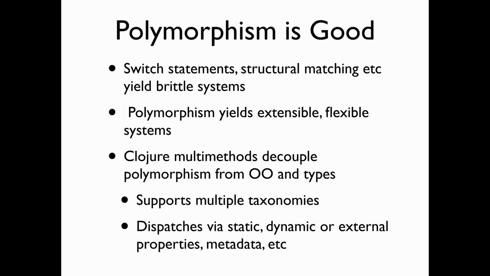Clojure takes an approach that supports a couple of things that I think are critical. One is there are, in my opinion, no polymorphism systems that really support multiple taxonomies well. And by multiple taxonomies, I mean, it's easy to decompose your system and say, well, my system is a graphic system, and there are shapes, and so there's shape, and then there's circle and triangle and rectangle, and I can decompose the system that way, and I can make a hierarchy in Java or in CLOS,